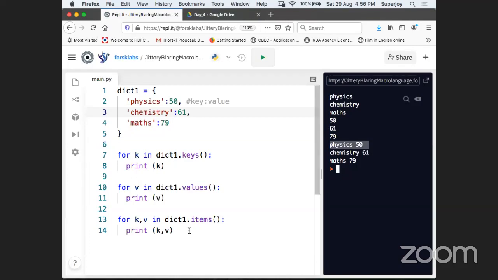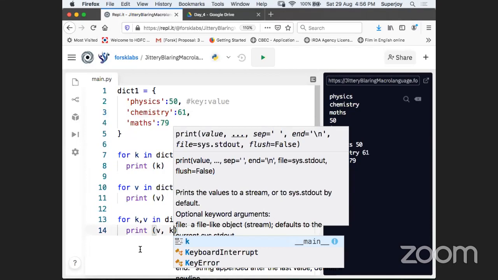And now, guys, if I want to print the value first and then the key later, as of now you can see the key is coming first and then the value is coming later on. What do I need to change, guys, if I want to print the value first? Nothing big deal, right? I just need to say V first and then K, right? What is the big deal here?